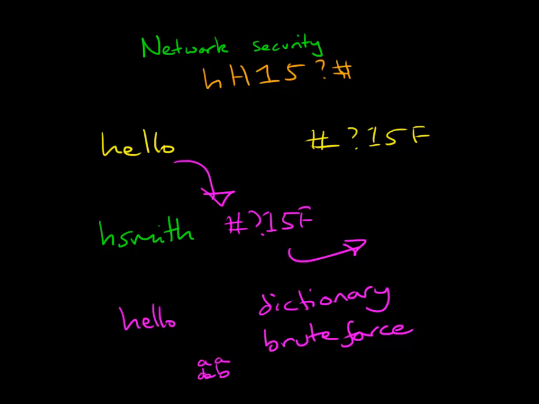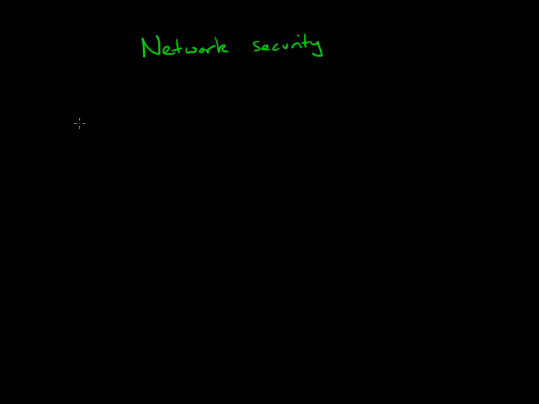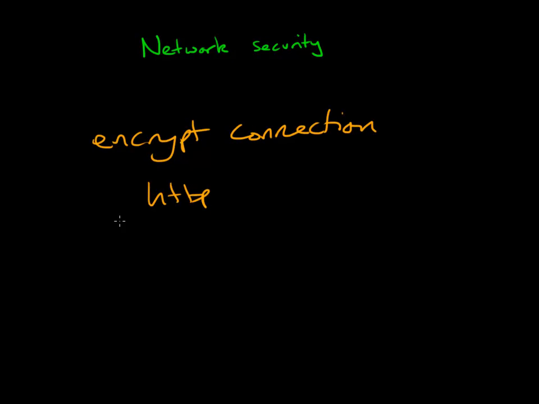So another type of protection which we can implement, which again is to do with encryption. What we can do with encryption is we can encrypt connections. So instead of using HTTP, which is just plain text and anyone can read what we're doing, we use HTTPS. So this is the secure version of HTTP, and this encrypts the data between us and the server that we're talking to. We can also encrypt